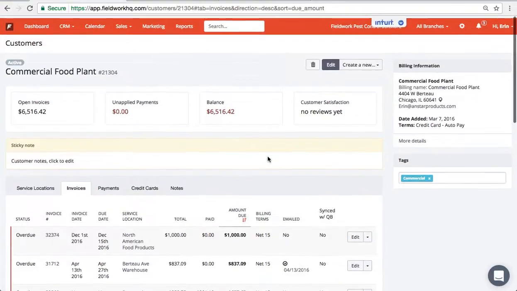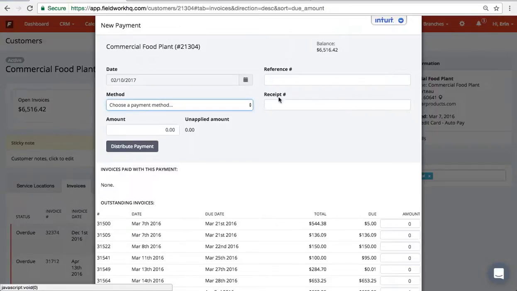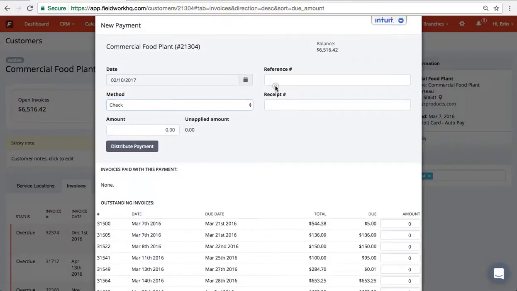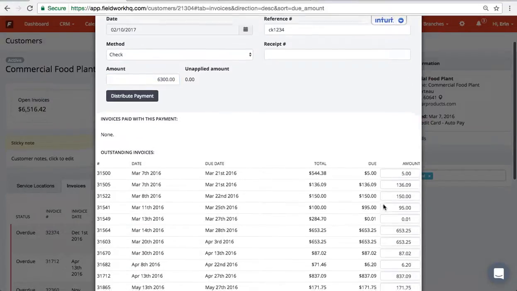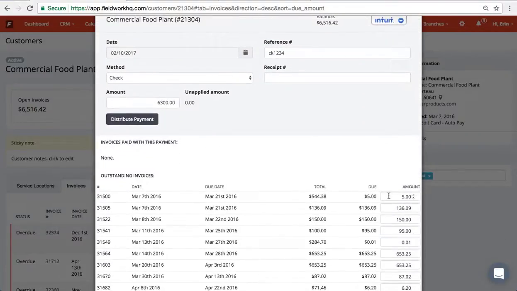So now I can make another payment, and this is a second method. Click Create New, and then select Payment. Choose the payment method. If it's a check, you're welcome to put the check number here. And then when I enter the amount of the check, we'll say the amount was $6,300, and then click Distribute Payment,